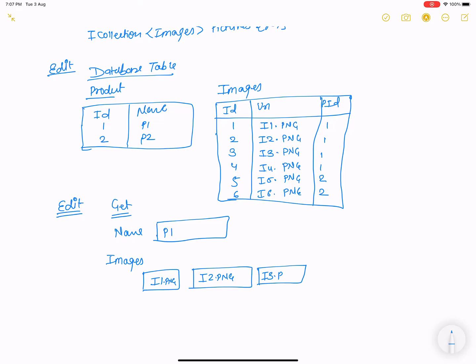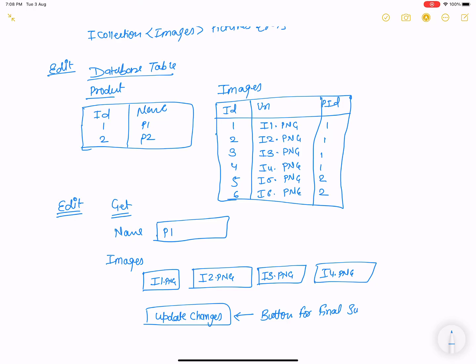So in the GET section, you will find four images with their respective product, that is P1, and the final button you get is Update Changes. That button is the button for the final submit, you can say.